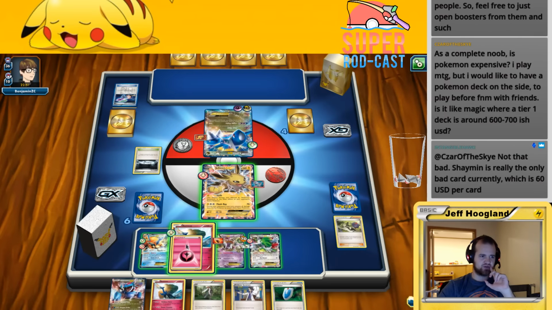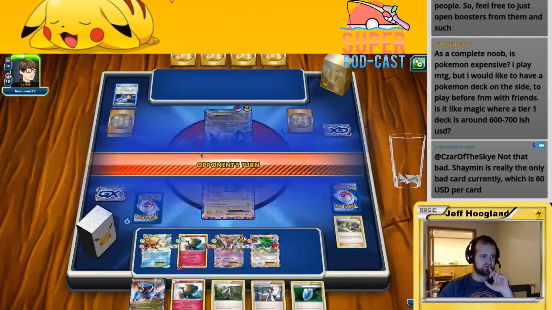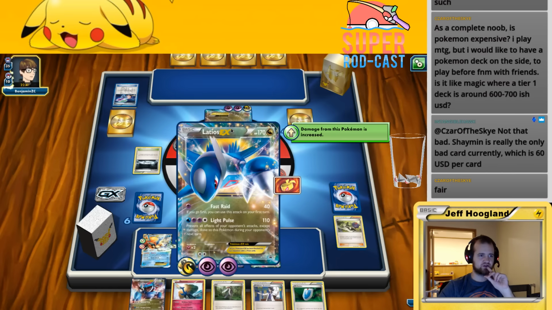I guess I'm going to put an energy on Xerneas here. And then pass the turn. Yeah, I'm just going to go ahead and pass. Everything's cheap compared to Magic. It's just like...